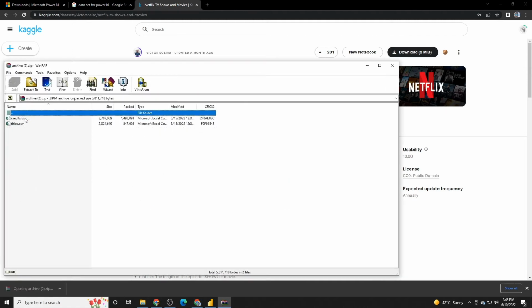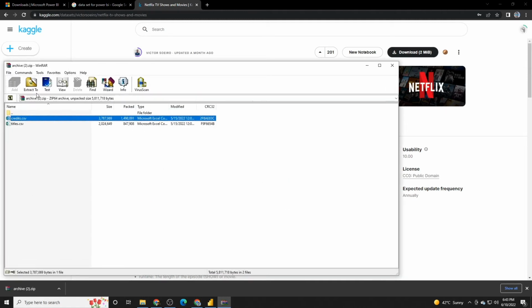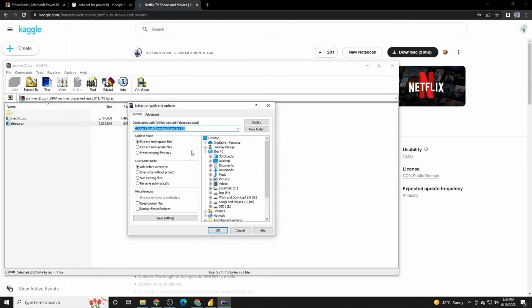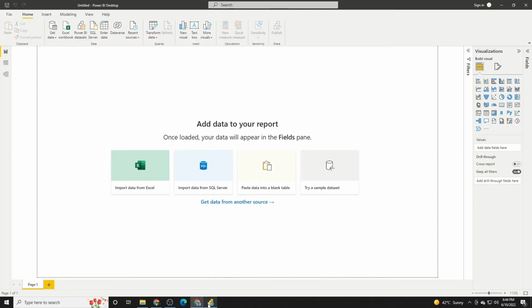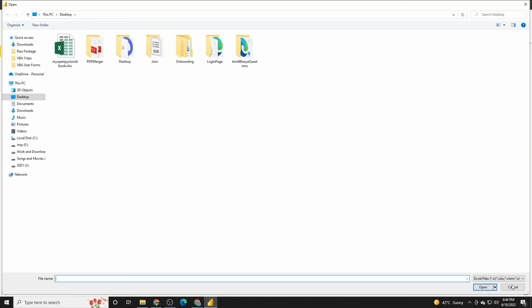There'll be a data file. So it's gates and titles. Let's see what's there in title. Extract to. We'll extract it to desktop. We'll close it down. We'll go on to get data, and see, we don't see it just because it was